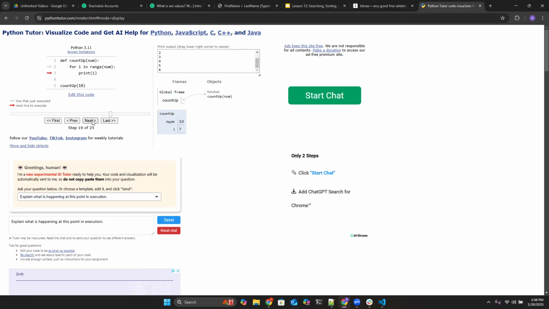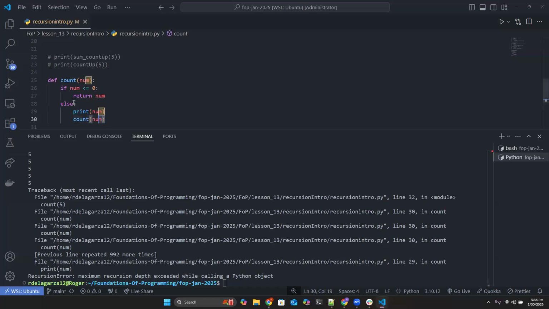So if you've been coding for as long as you guys have to this point, Python Tutor is not that useful. If there is something that is just very complex that you want to see, especially if it's like recursion, this is where it can come in handy. So if you want a better explanation of how recursion works, what is happening, I recommend this. So we can take this